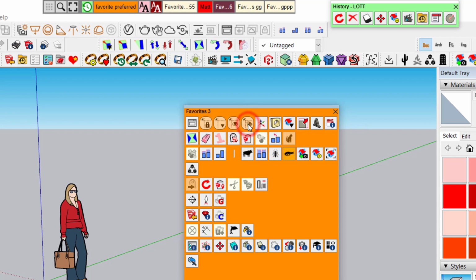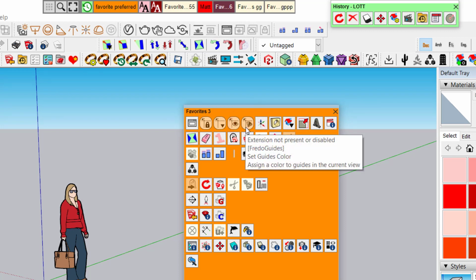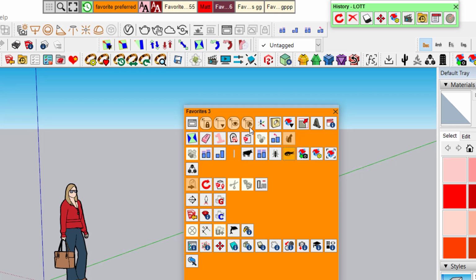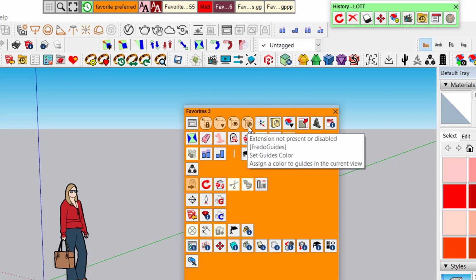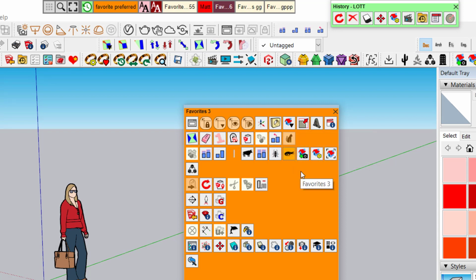You cannot do anything with them, but it means that when I re-enable Fredo Guides, the icons will appear and will be functional. So Lord of the Toolbars tries not to forget command icons and does its best to keep your environment stable.